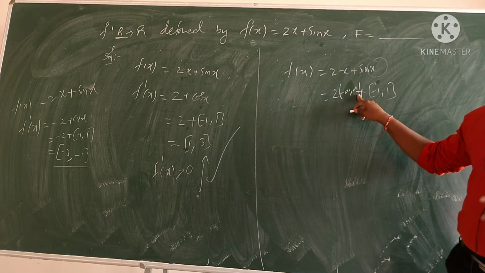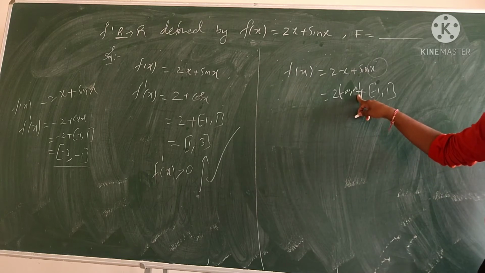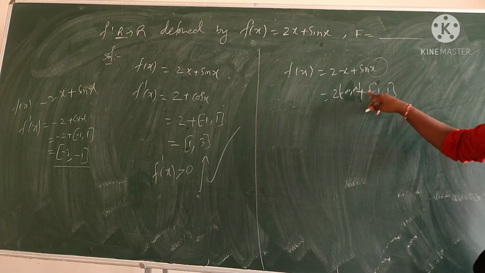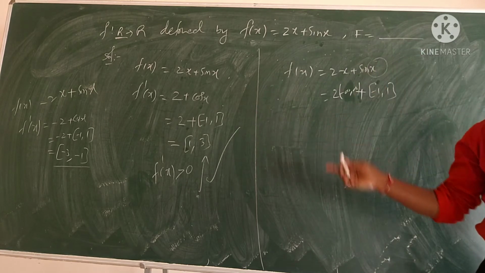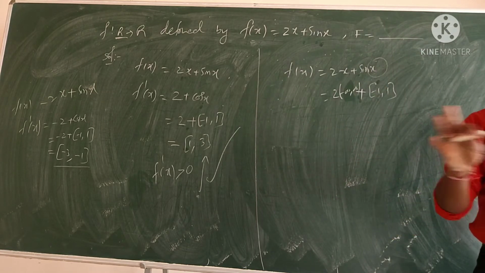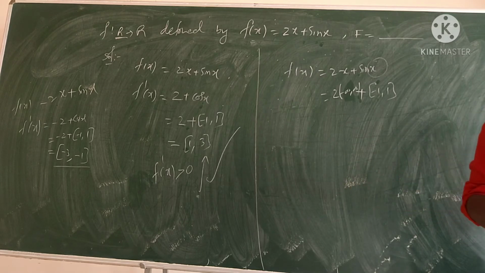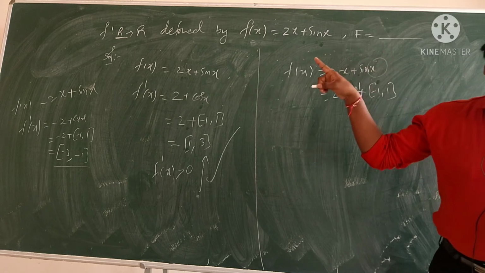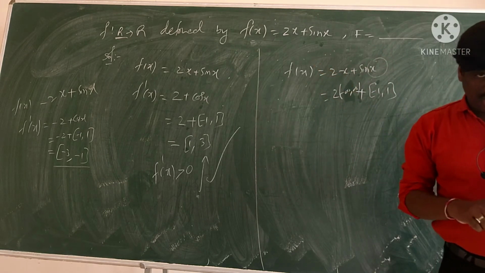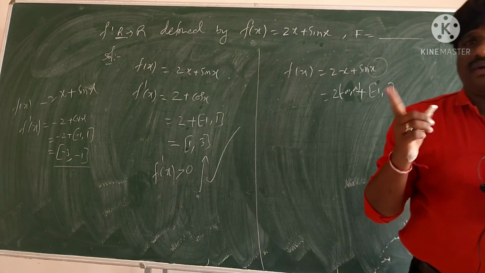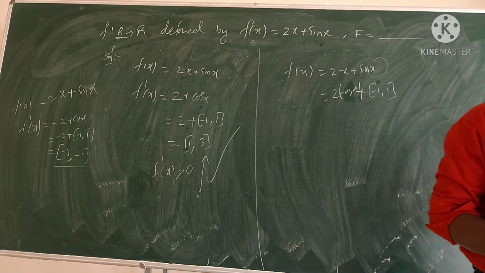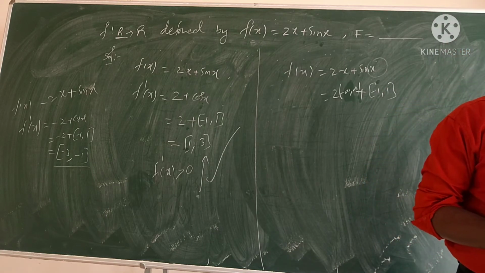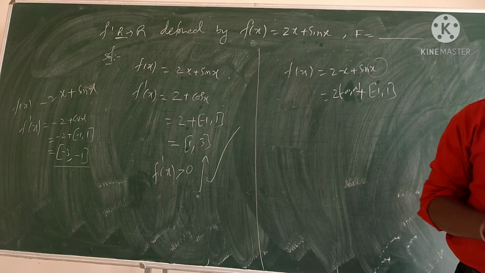Oh, this is minus infinity to plus infinity; multiplied by 2, infinity to minus infinity means infinity only. So infinity to minus 1, if you add, plus 1 if you add, subtract, it will be infinity minus infinity only. So finally what you got is the range is equal to codomain. Range R I got, codomain also R you have. Range is equal to codomain, which function is it? Onto function.